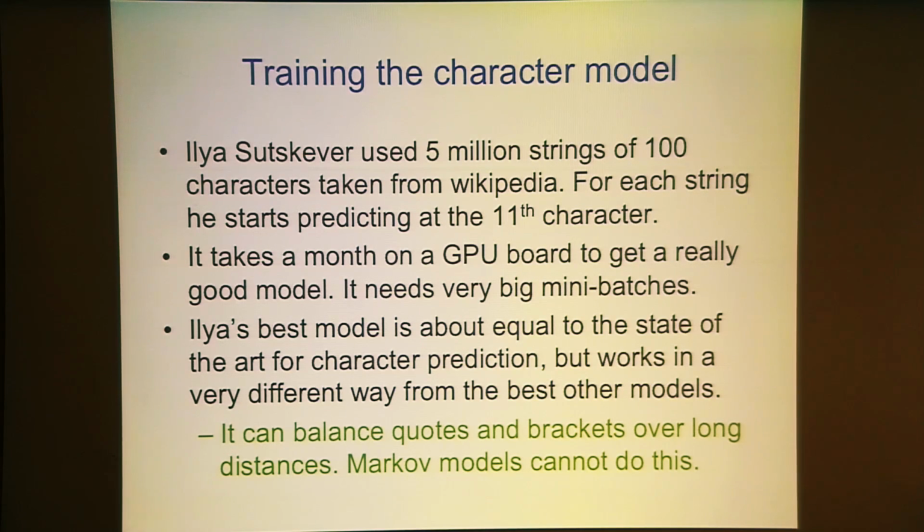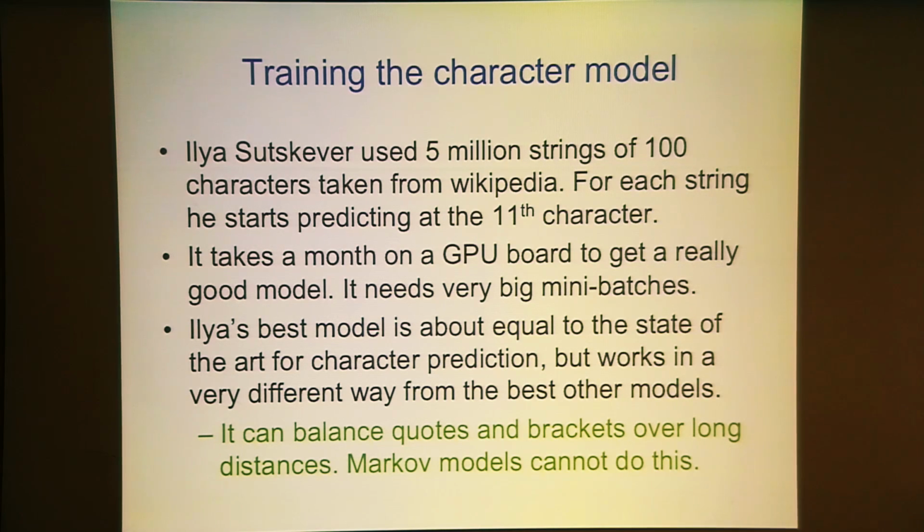His best model was not quite as good as the state-of-the-art, which uses lots of little neural nets and a manager that decides which one is making good predictions, and also updates its model based on words it's seen recently. Ilya's net is stationary in the sense that its prediction isn't learning at test time. You have to learn at test time to do really well at this. But it can do things like balance quotes and brackets over long ranges, and Markov models can't possibly do this,